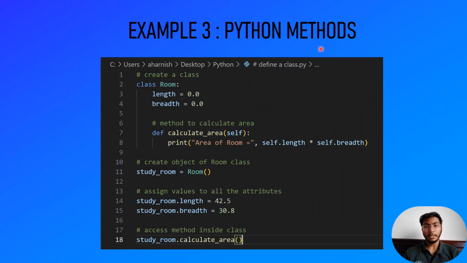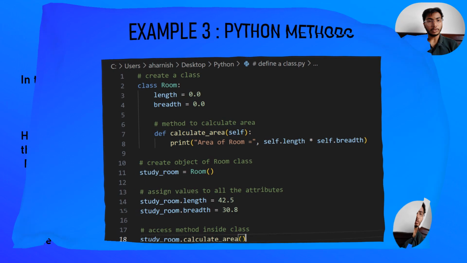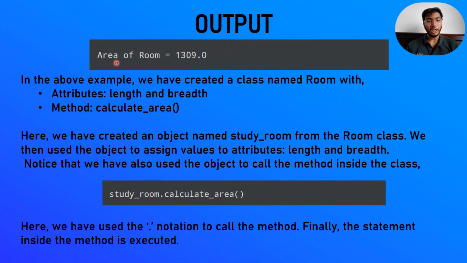Example 3, Python methods. We create a class named Room. We put attributes length and breadth. We define a function calculate_area. We create an object of the Room class, study_room, and assign values to all the attributes: study_room.length, study_room.breadth, and access the method inside the class. Output: area of room equals